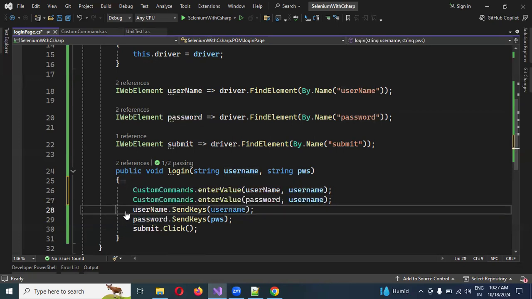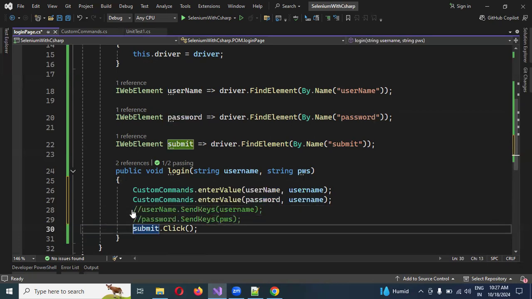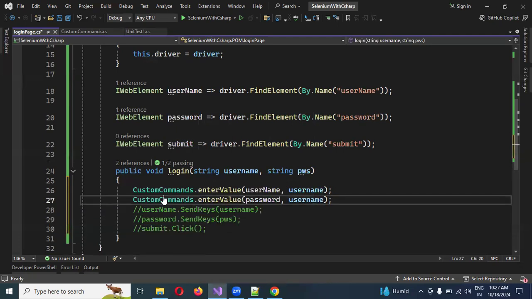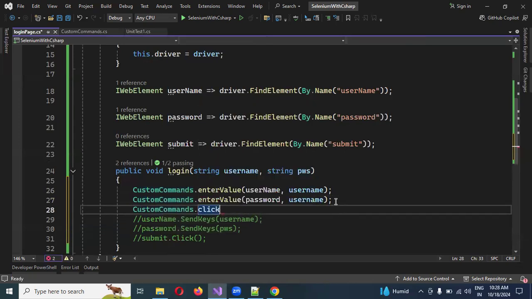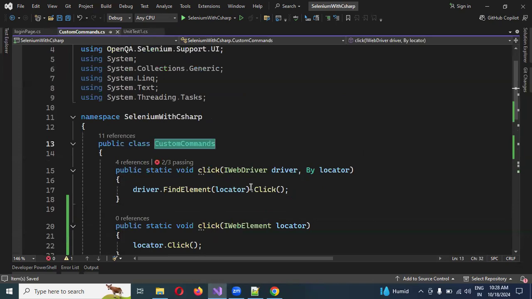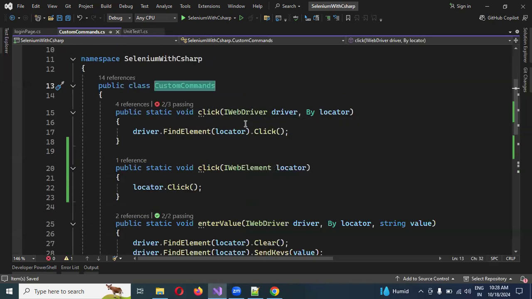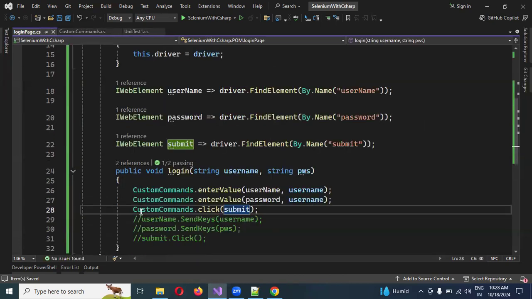Now in these two, I'm going to comment out these particular lines. Okay, and again the custom function, and coming back to the click functionality. It will also ask you for a web element. There are two click functions in the custom class. One accepts a driver and a By locator, and the other just accepts a locator. Now we have not changed anything, we just consumed this one and placed it,